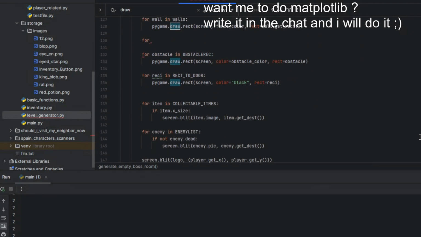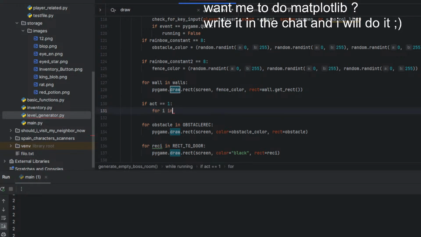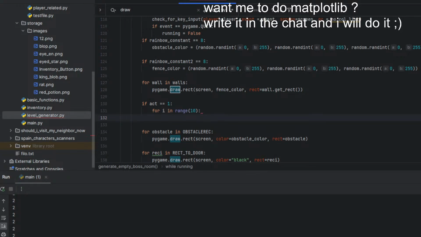So if act equals 1, for i in range 10, pygame.draw.circle. What was that again?